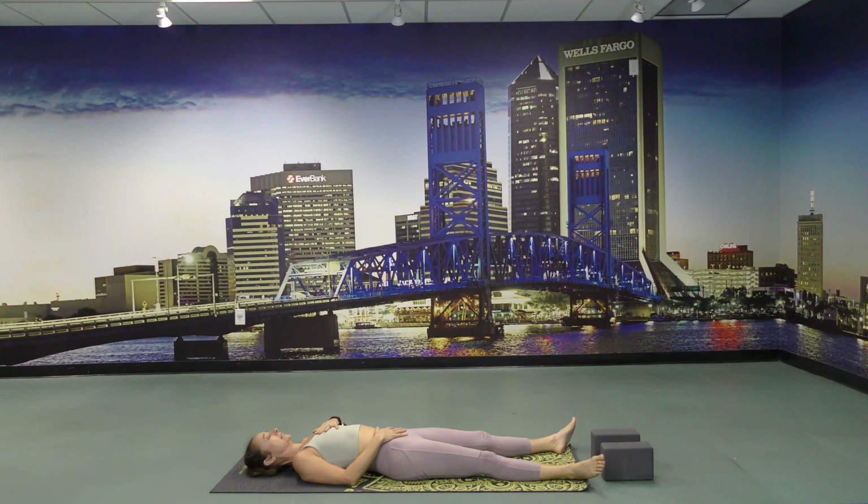And relax your legs and use a few breaths, a few moments here to settle. Settle down in a space. Close your eyes if you feel comfortable closing your eyes, and start shifting away from the surrounding. And as you start to travel inside and explore the inner world,